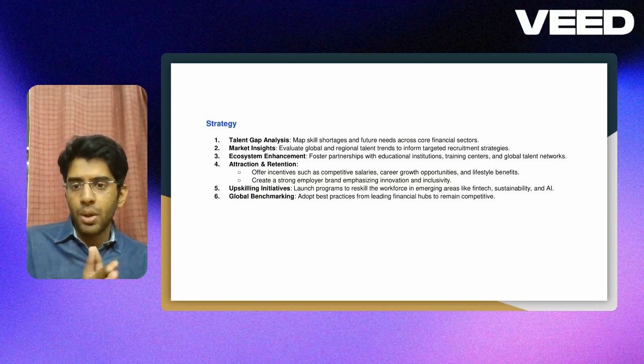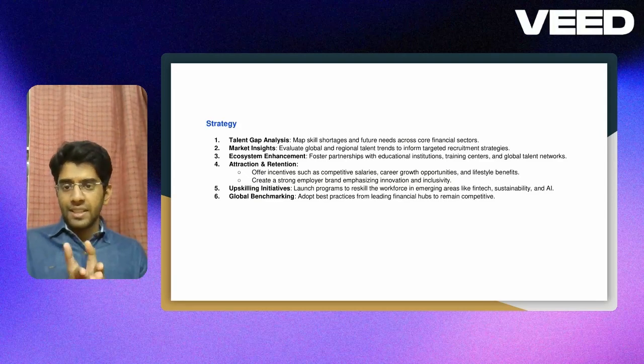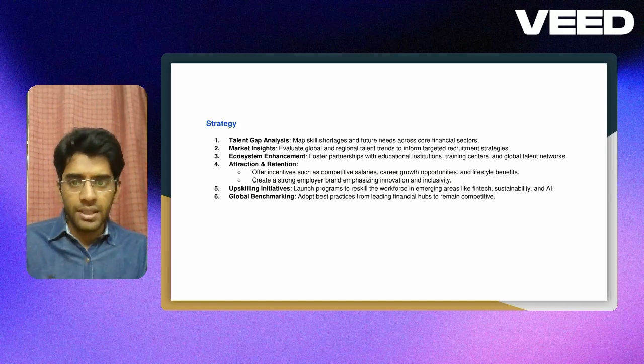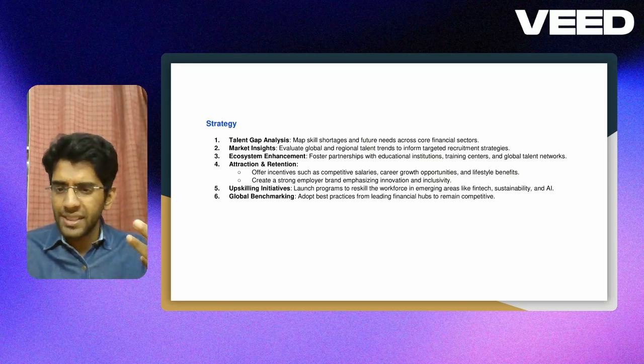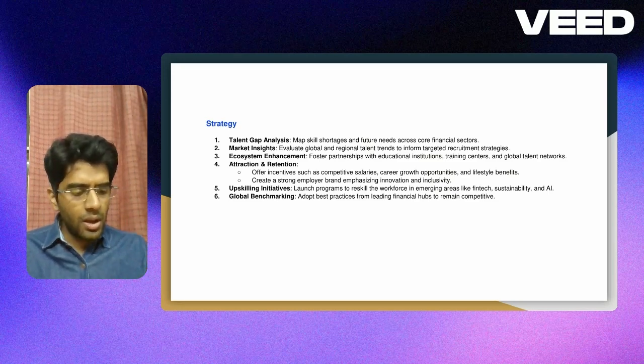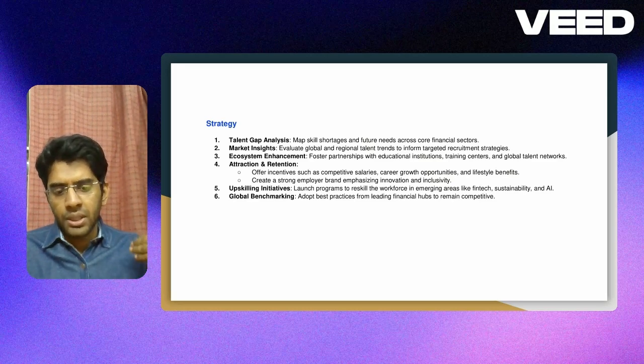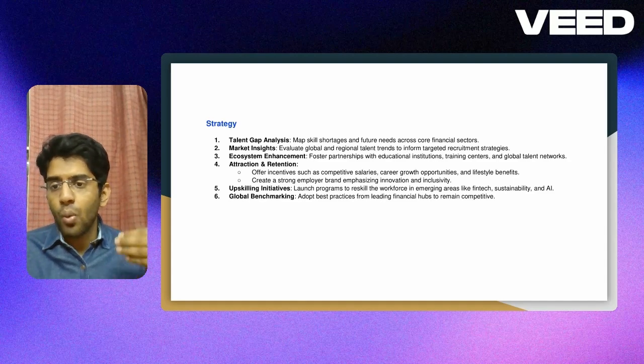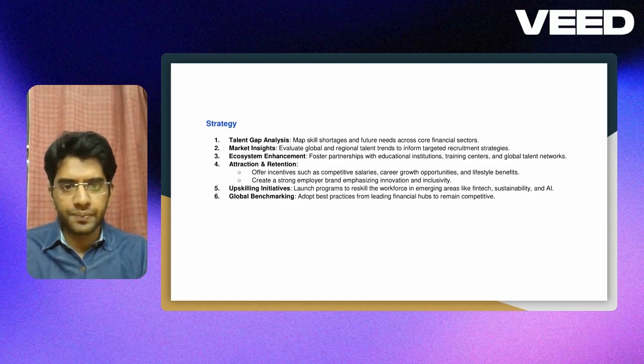upskilling initiatives, because there's a tendency, or a myth, that the investments are generally sometimes more focused on